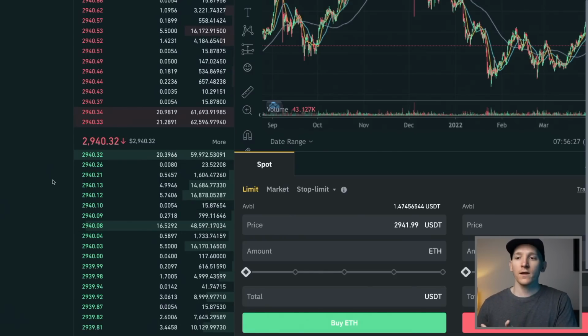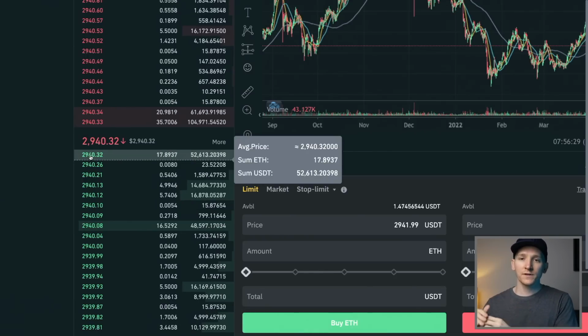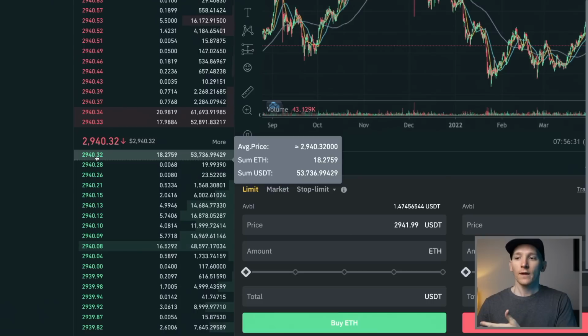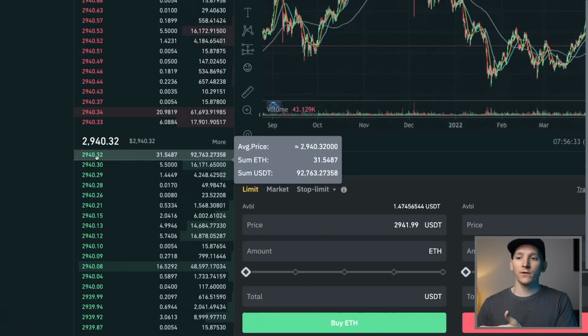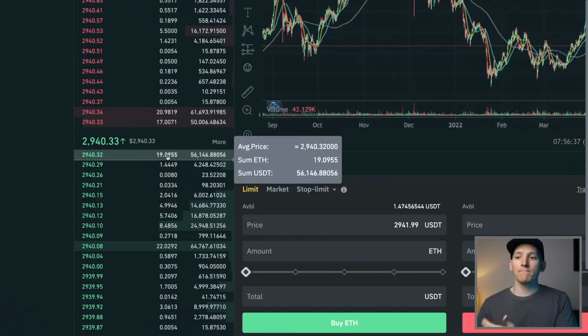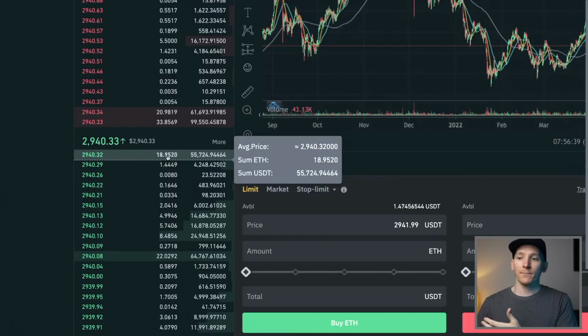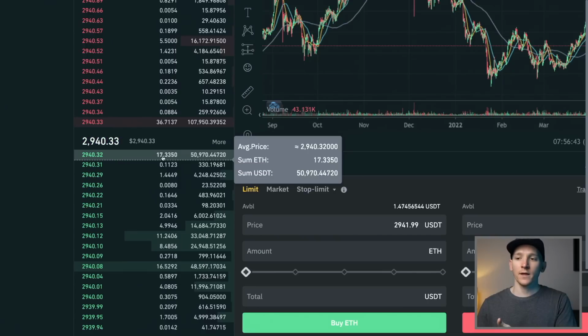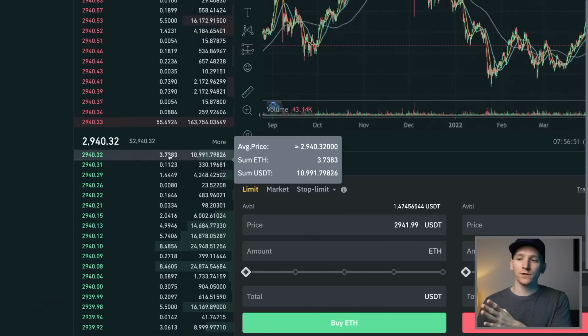So what I can see here is that this price, obviously the highest price right here, is 2940.32, and on the right-hand side you have a size. This is the amount of Ethereum that people are wanting to buy. 27 Ethereum, 28 Ethereum, as you can see here. Everyone is showing their order. They're showing you the exact price they want to pay. They are showing you how much they want to buy. This can be a collection of orders, not just one person, and then the system works out what the actual